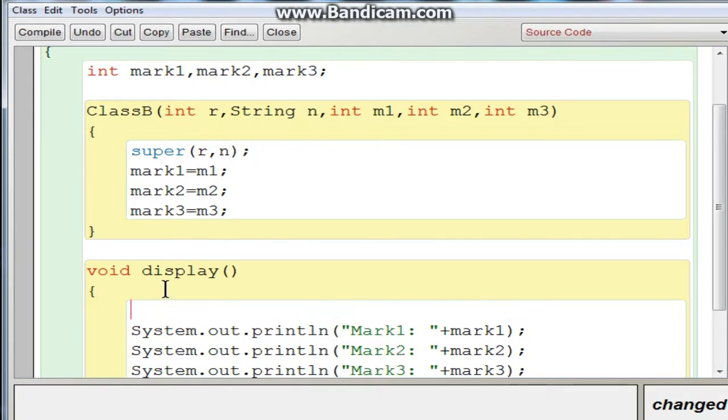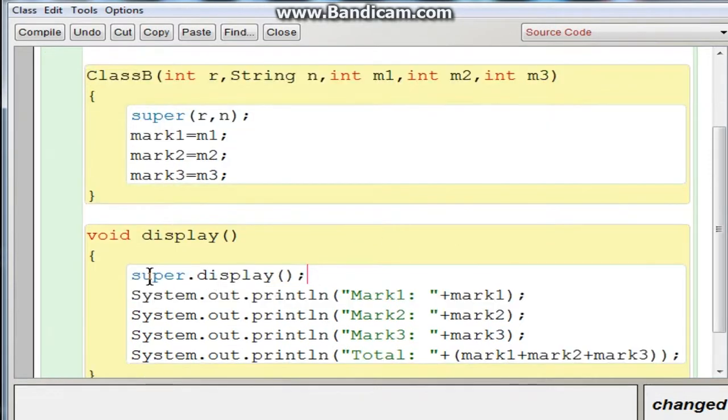To invoke the display method, as we already saw in the previous video, you have to use super.display, because the subclass also has a method with the same name, display. So there will be a conflict. So here you are calling the superclass display. It will display the roll number and name first, and then it will display the remaining data, that is mark 1, mark 2 and mark 3, and also the total.